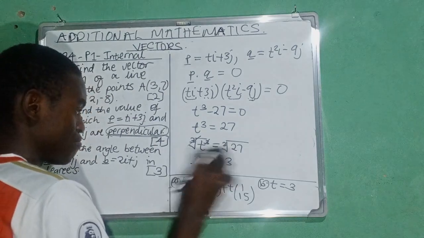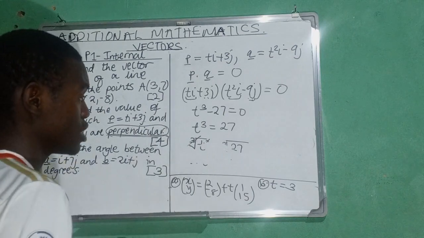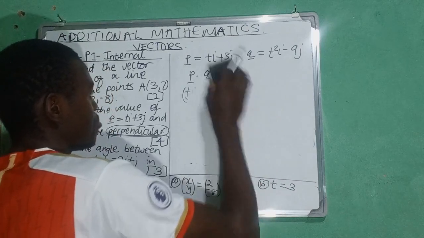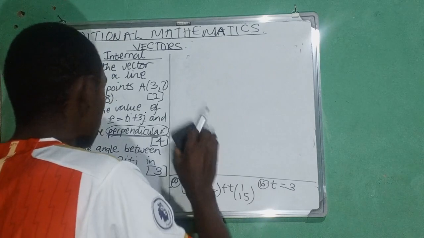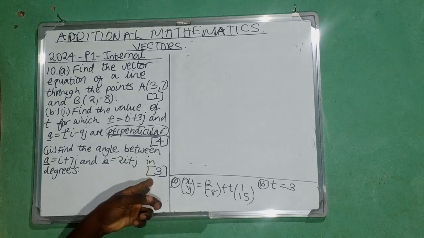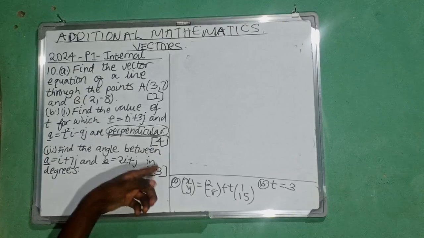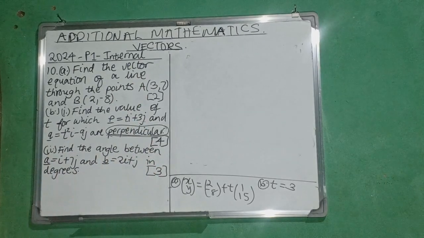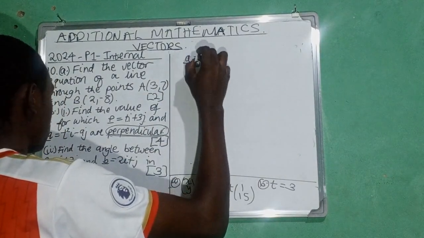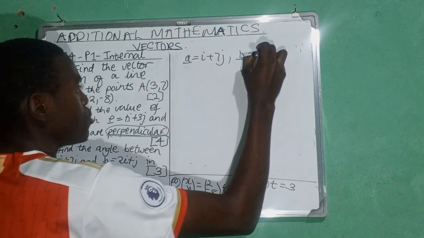That's your answer. If you substitute in these two vectors, you're going to find a dot product equal to 0. Then if you go to B2, so B1 was carrying 4 marks, B2 was carrying 3 marks. Take note, if you add 2 plus 4 plus 3, which is the total number of marks, it should give you 9. Right? So we have vector A being equal to i plus 7j,